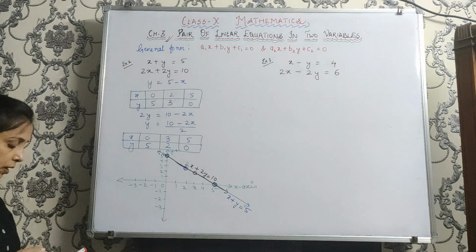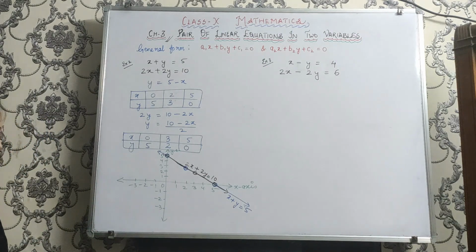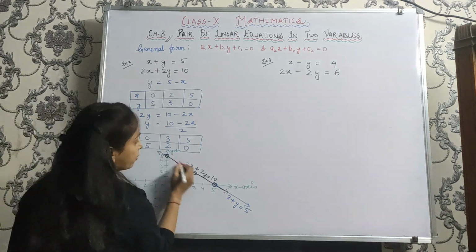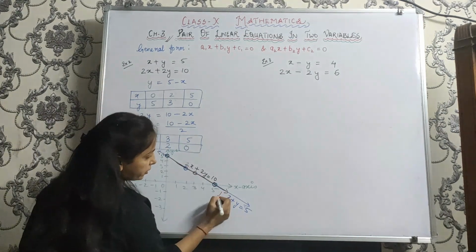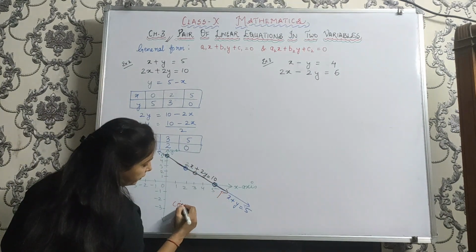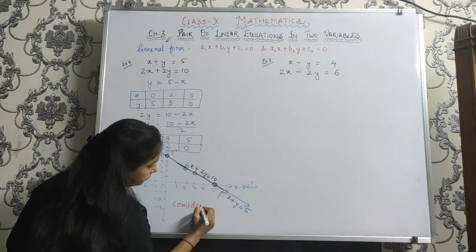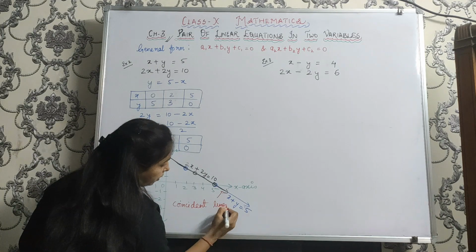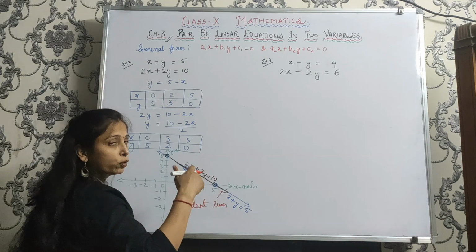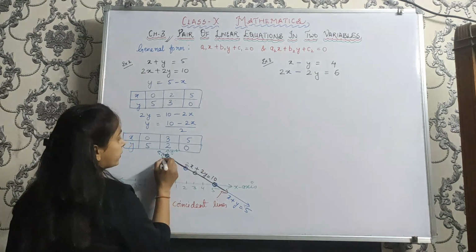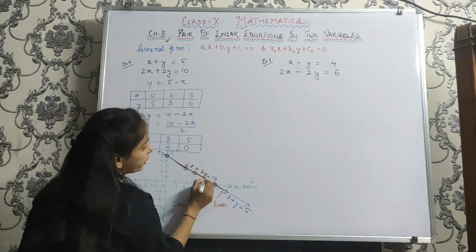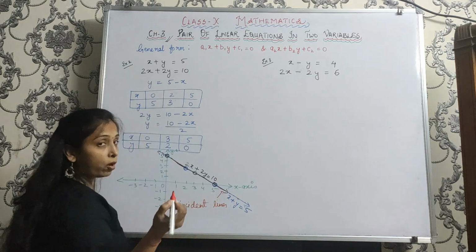अब इस केस में क्या है, कितने कॉमन पॉइंट्स हैं? These two lines are coincident, we call them. They are overlapping each other. In such case, we call them coincident lines. अब coincident lines से एक के ऊपर दूसरी overlap हो रही है, तो common points कितने हैं? ये भी common है, ये भी common है. So all the points lying on it are common.